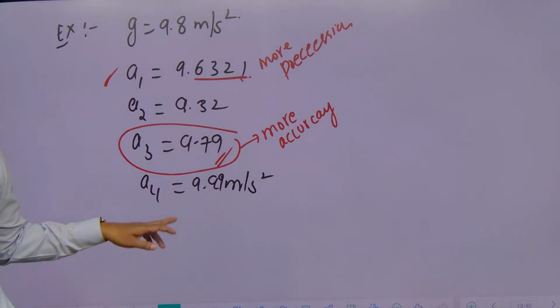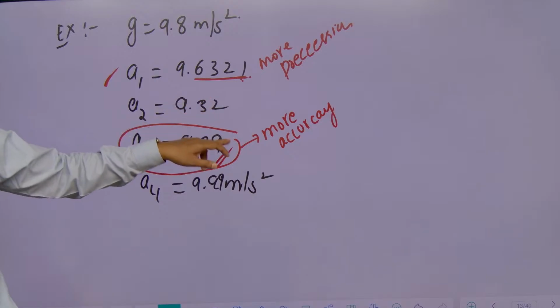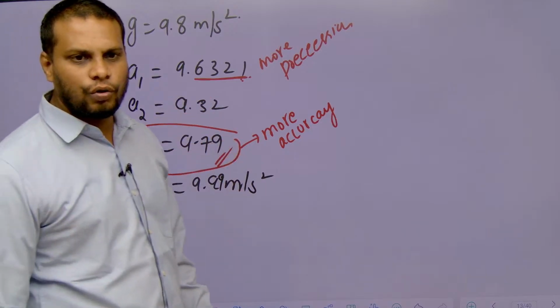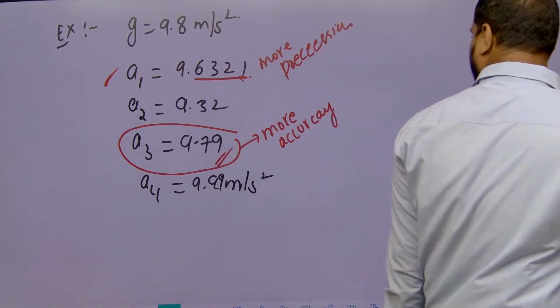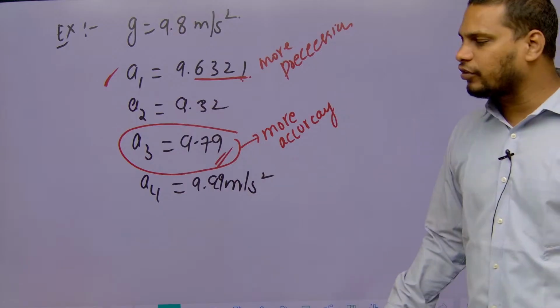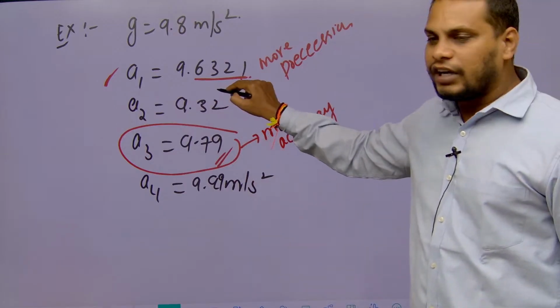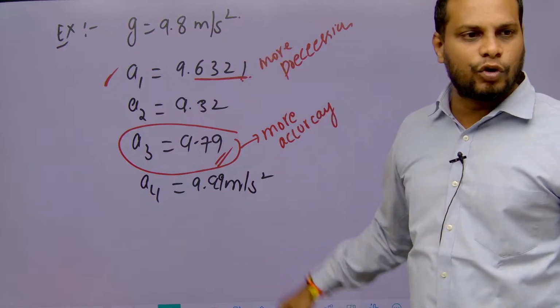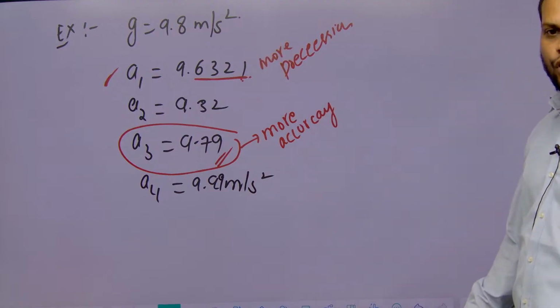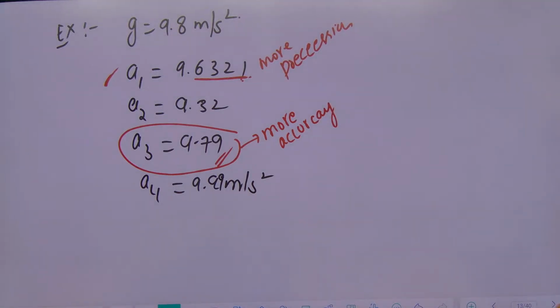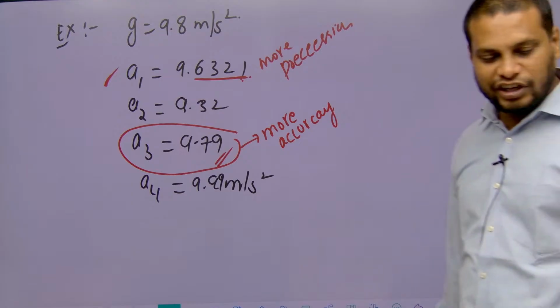Okay, is it done? So accuracy means what? How much close. Then next, what do you mean by more precision? It means if a value contains more decimal digits, it is more sensitive, then it is having more precision. Is it done? Shall we go for the next topic? So keep the heading, significant figures.